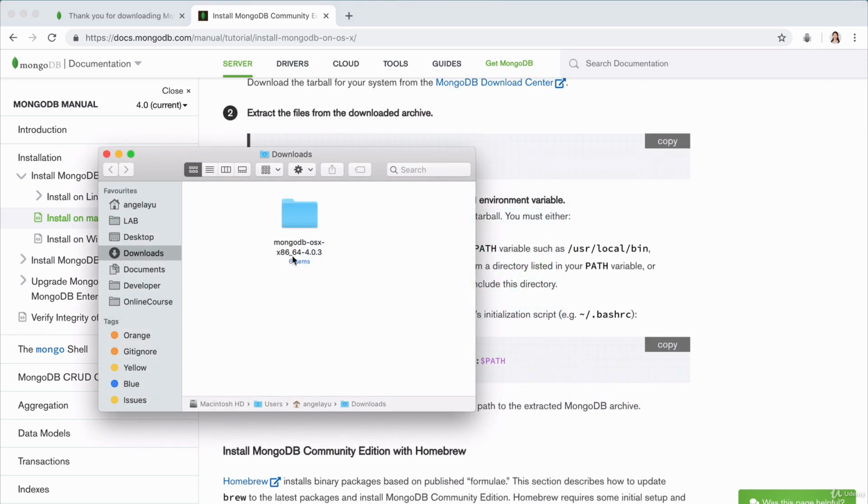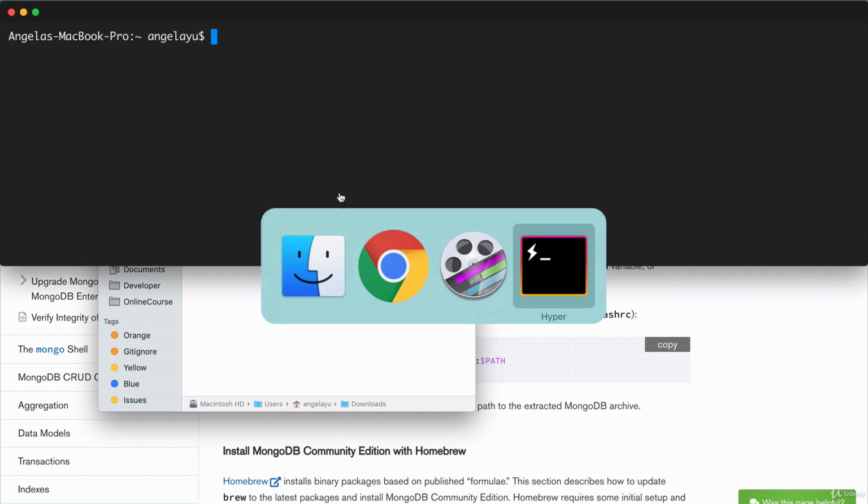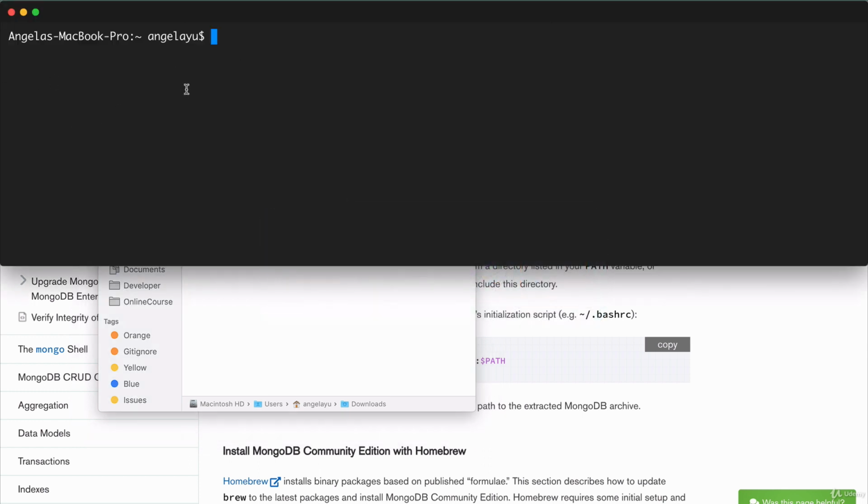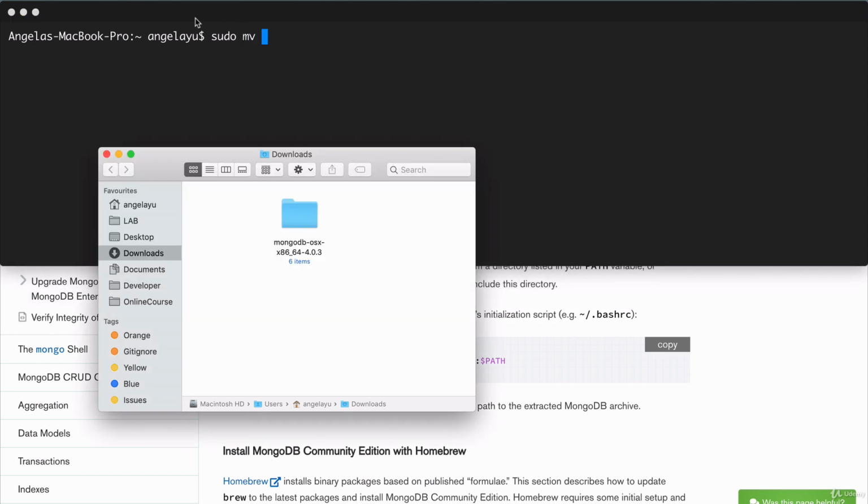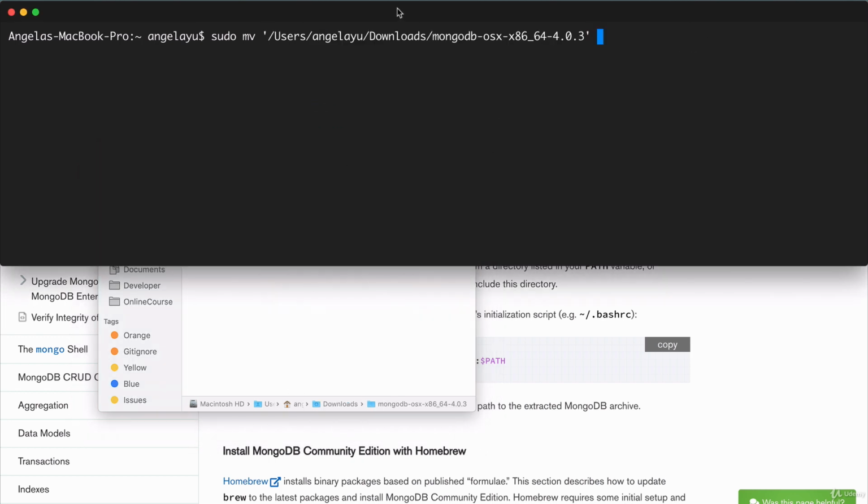All right, so now that we've extracted the files, we're going to open up a new terminal using Hyper, and then we're going to type sudo mv. And we're going to use this command to move our existing file currently inside our downloads folder to a location that will be in the root of our computer so that all users will be able to access it. So we're going to specify what it is that we want to move first, and then we're going to add a space, and then we're going to specify where we want to move it. And the location is going to be /usr/local,